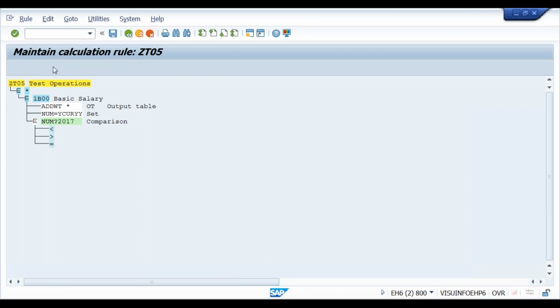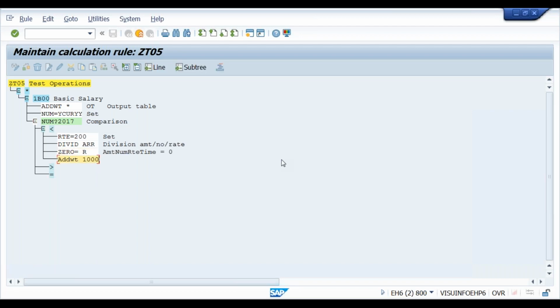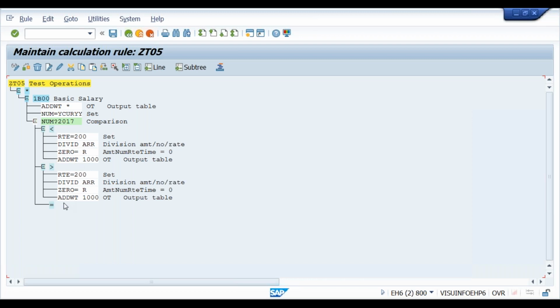Now if it is less than, the old logic is applied. If it is greater than, the new logic is applied. So try this method also, don't ignore this. This method will be used by some people. You need to understand what it is.